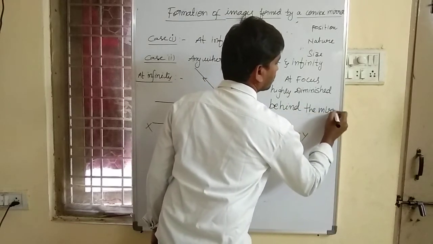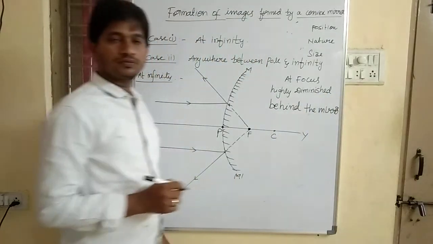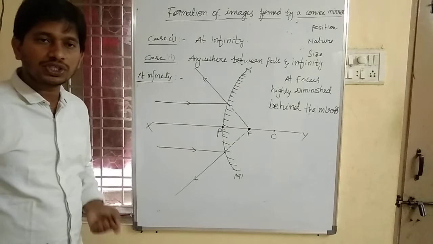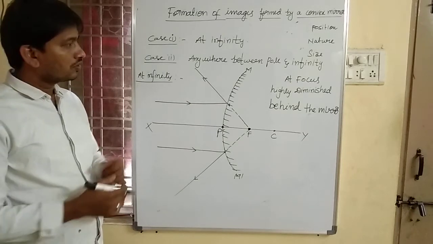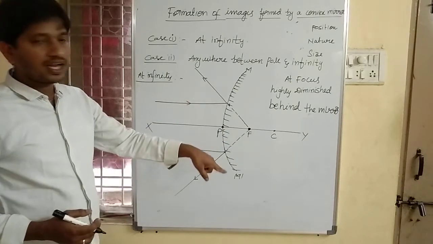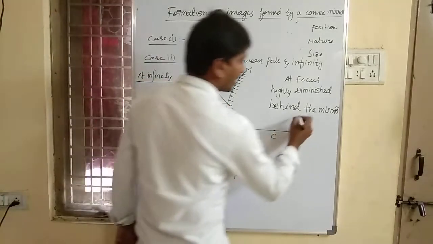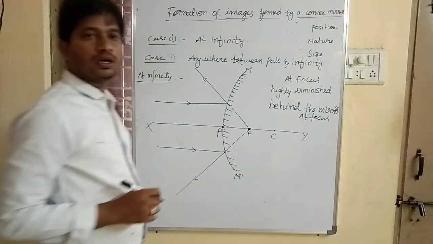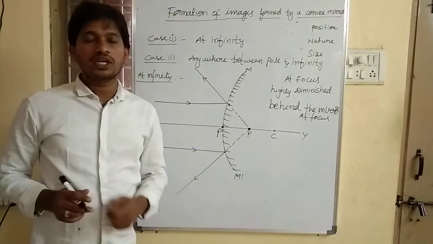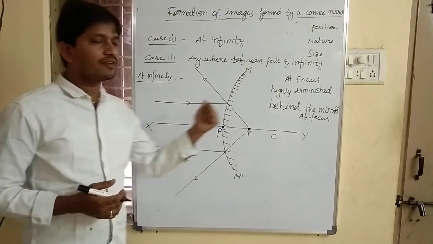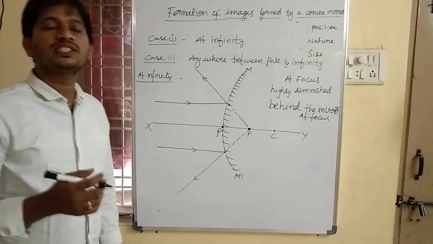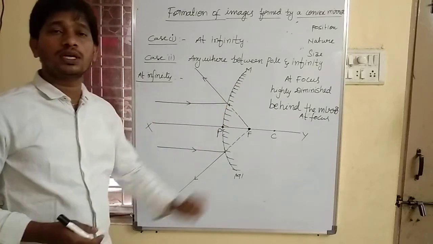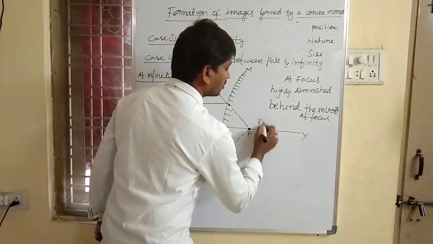The size is highly diminished. Because we got the image behind the mirror, our image is virtual